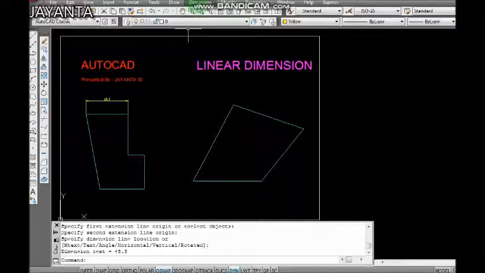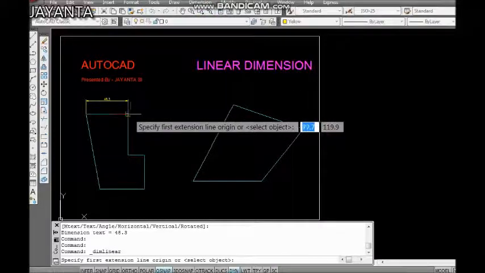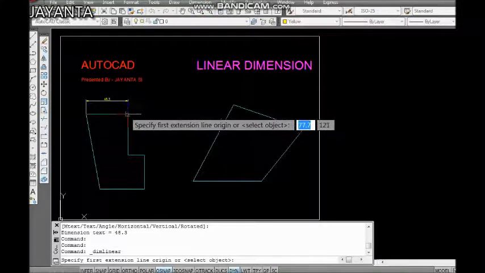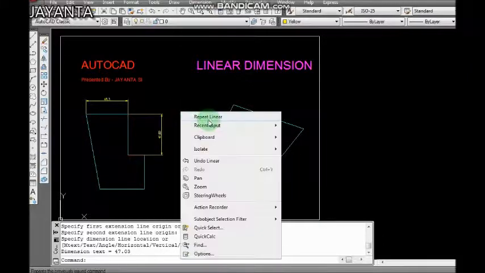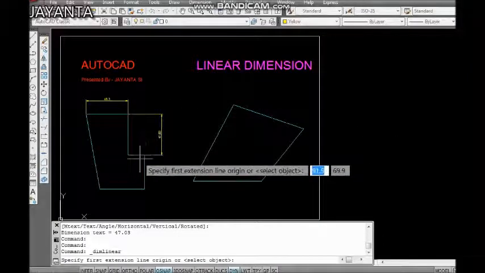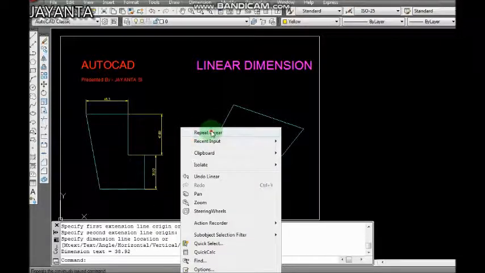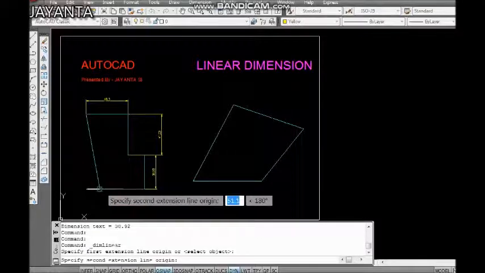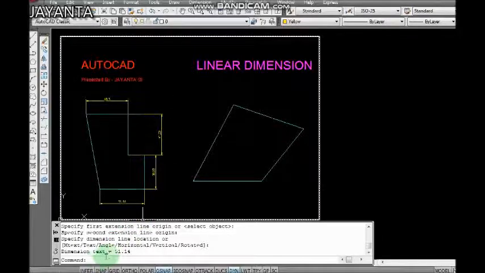Again I am going to Dimension, then click at Linear, then click the specified point, again. So all these dimensions are linear dimensions. In the command line you can type